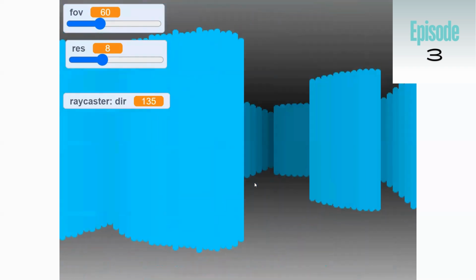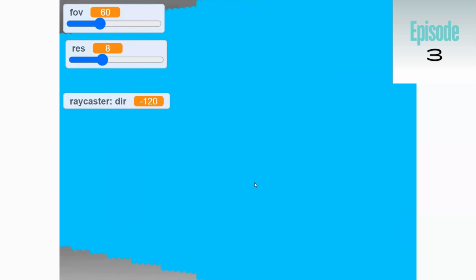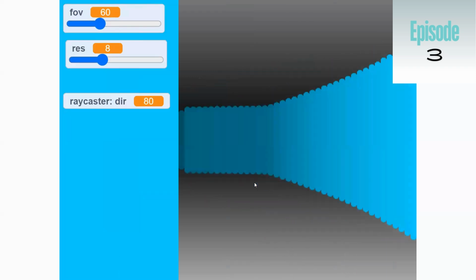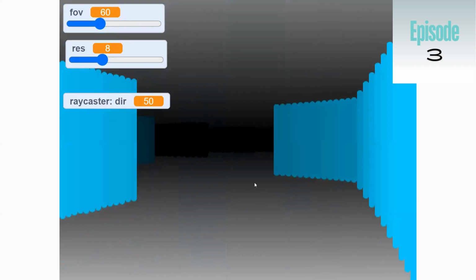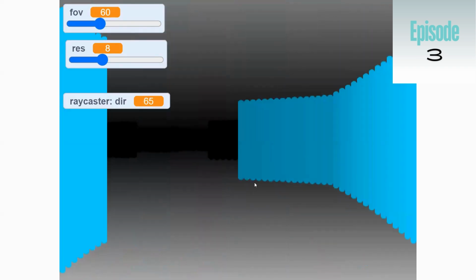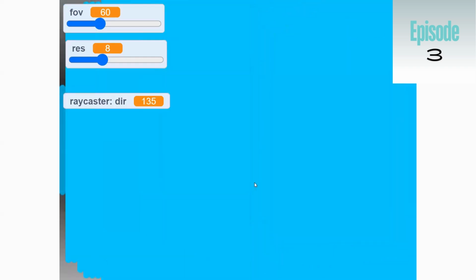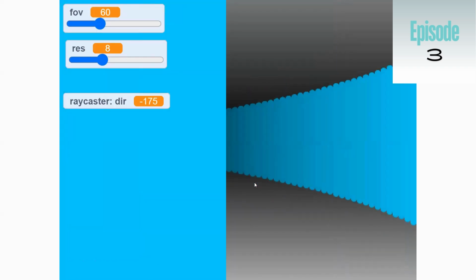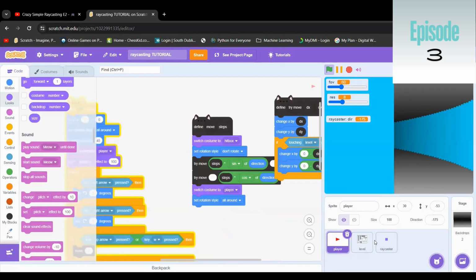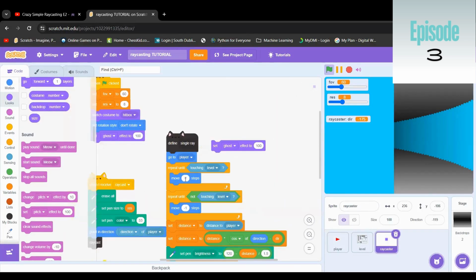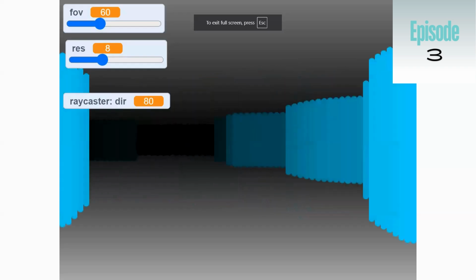But you might have noticed that if you actually got your scripts right, then wall jittering may exist where at the side of a wall it'll just sort of jitter around, not knowing whether it's meant to load or not. Now this is all up to you. It's definitely not necessary, but a way to fix this is to just simply change this from 4 steps to moving 2 steps. Now, this will make it run twice as slow, but